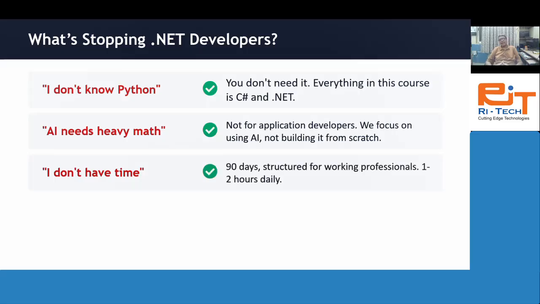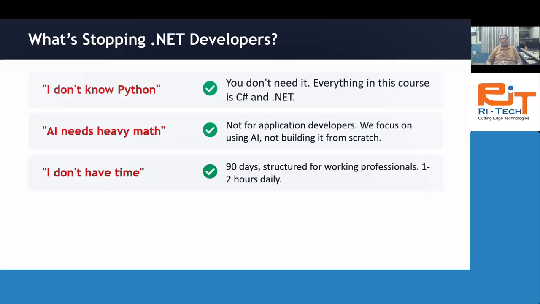But we have designed this curriculum in such a way that you can transform yourself from a .NET developer. It is specially designed for .NET developers, not for Java developers or any other developer. These developers will have at least 2 to 8 or 10 years of experience on the .NET platform.